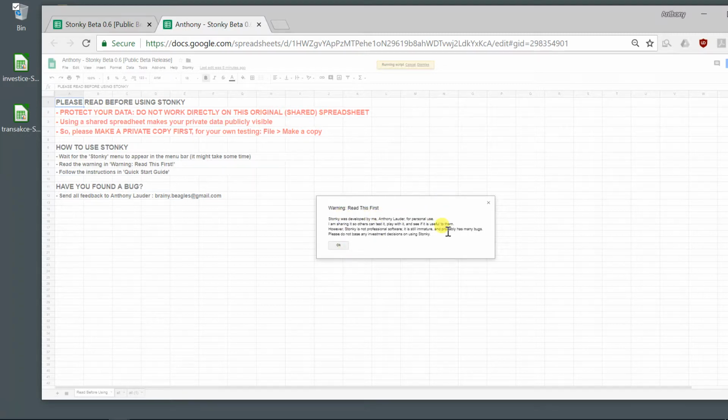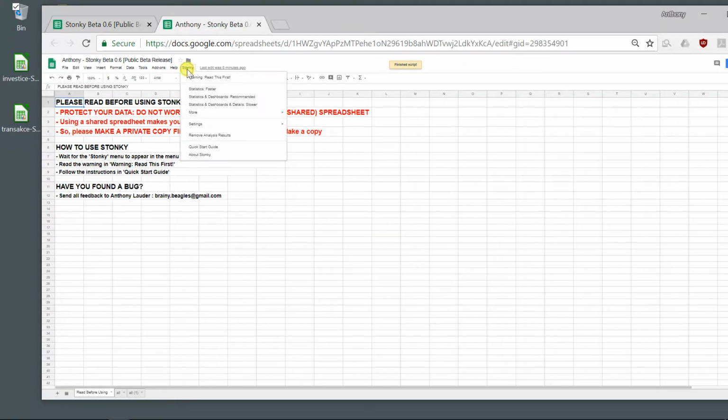So read this warning saying this was developed by me for personal use, but I'm sharing it. But it may have bugs, and please don't base big investment decisions on it. Okay, so having read that,